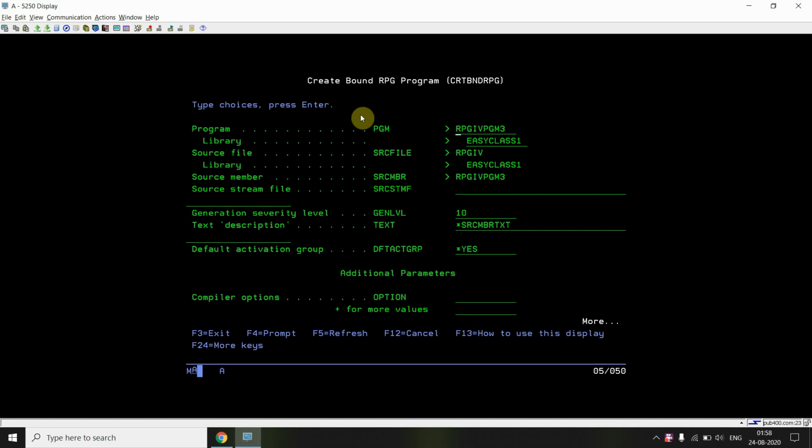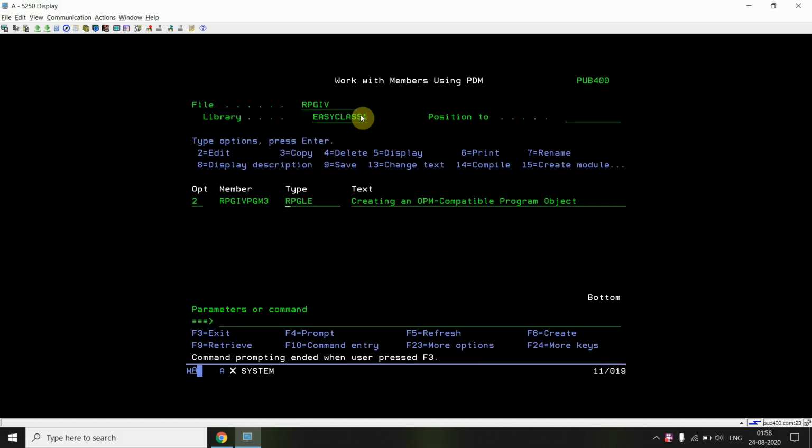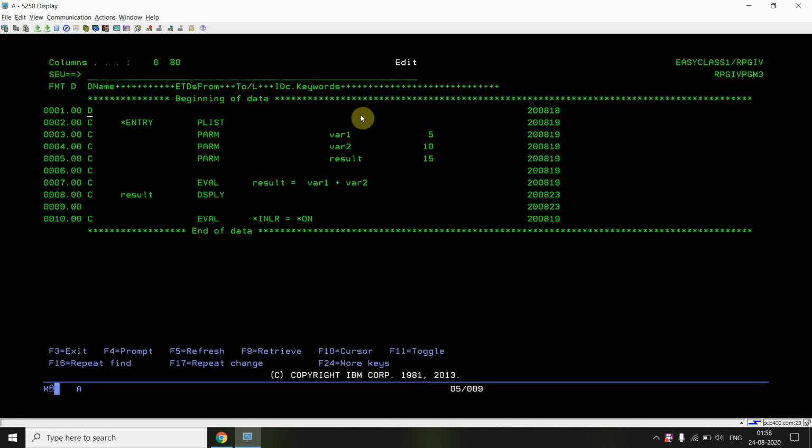The main important thing here is the default activation group, which is *YES. Either we can give it from here, or we can specify it in the H specs as *YES. Both ways will work.